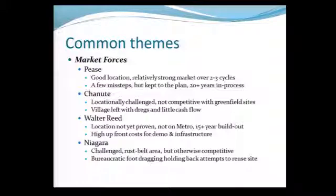Walter Reed, again, the location isn't proven yet since it's not on the metro, but we're talking about a 15 to 20-year build-out plan. So the net present value, after you account for all the upfront costs and the revenues that ultimately come in, in my mind isn't all that high. And Niagara, there's a market. We could get people, jobs created in that thing tomorrow on a smaller scale if we could get hold of